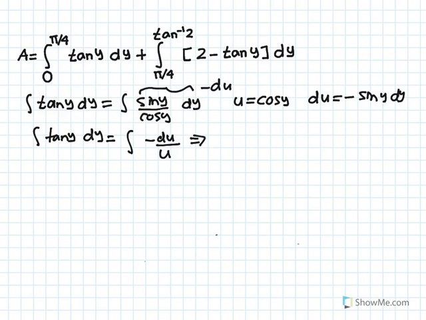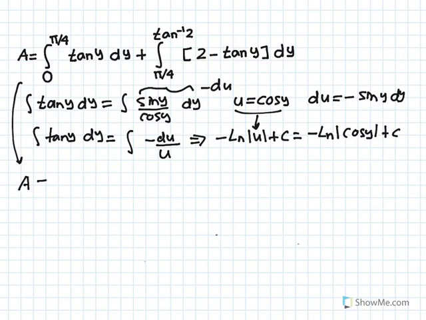Integrating 1 over u, that's log of u, because the derivative of log of u is 1 over u. So we get minus log of the absolute value of u plus c. Now put u back in, and we get minus log of cosine y plus c. We're going to use that. So the area is going to be the first integral of tan y, that's just minus log of cosine y,